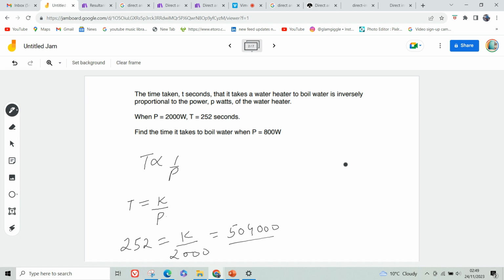Now next is find the time it takes to boil when the power is this much. You need to use this equation, sub the value of K here and power here and find out time. So time equals